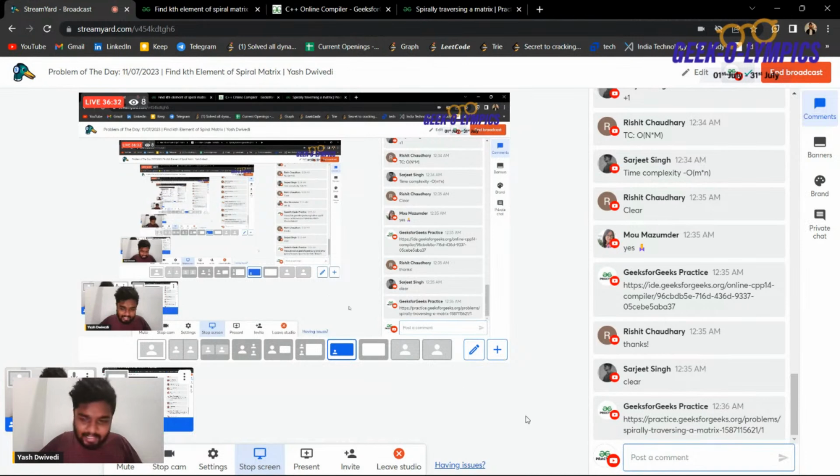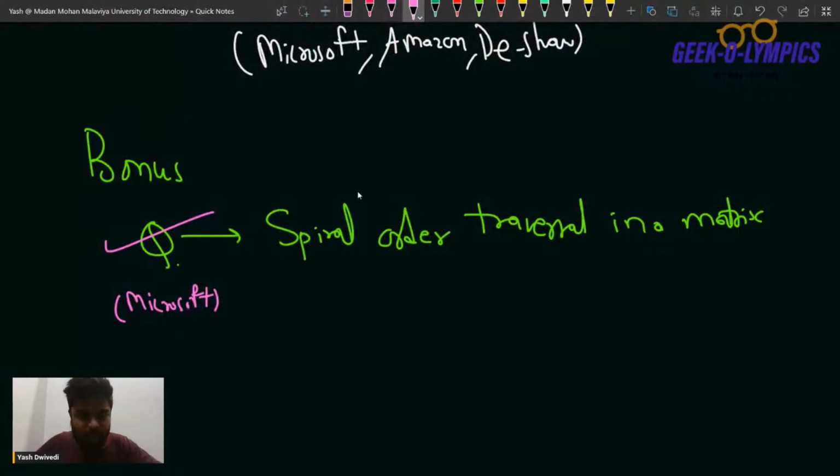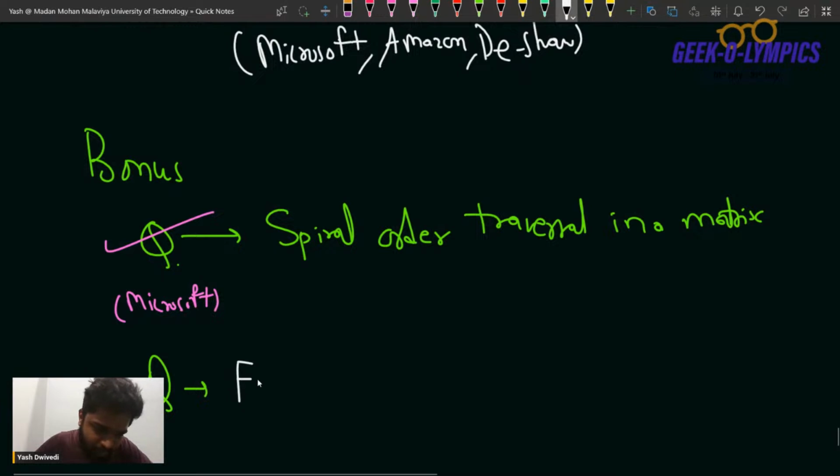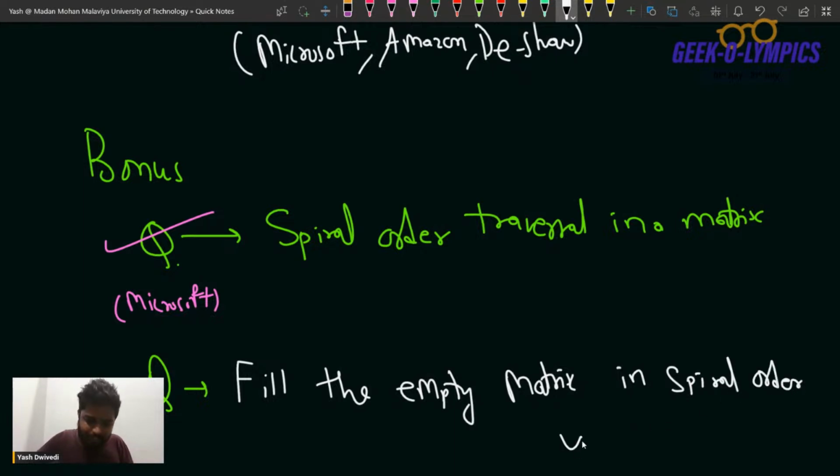And then right after this question there is one more question, very much related to this one. The question goes by this name, fill the matrix in spiral order traversal. Fill the empty matrix in spiral order. So here basically what you will need to do is, initially you will take the value